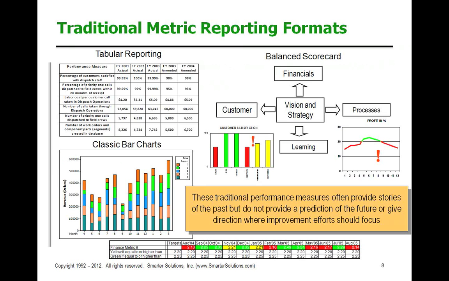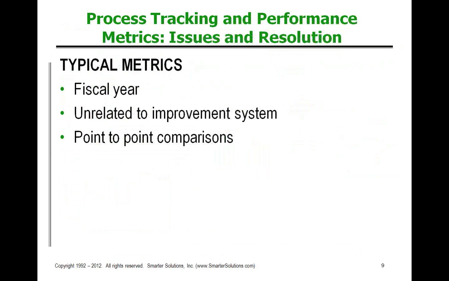Well, another form is the balanced scorecard. It's got some good aspects to it. We're looking at the customer, financials, processes and learning. But the thing is, it's tied to strategies, and the strategies can change over time, which really can affect our metrics. Then we've got the red, yellow, green scorecards at the bottom. And as you said, it looks like about 3/4 of you are familiar with this form of reporting. That's the kind of reporting I'm going to be giving an example of a little bit later here.